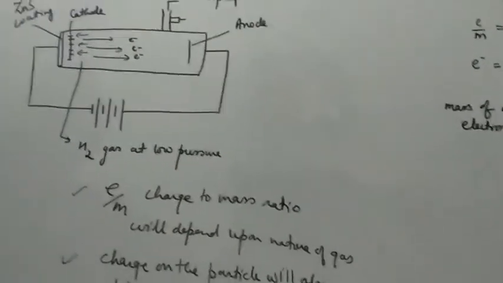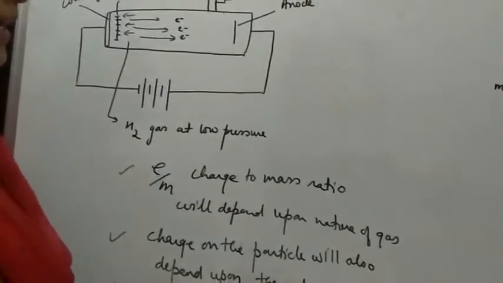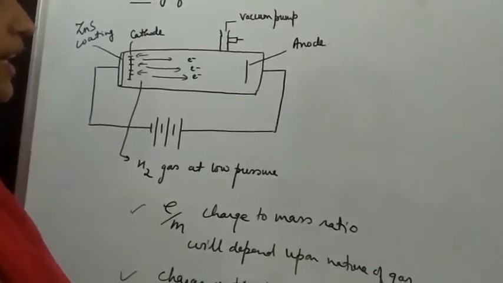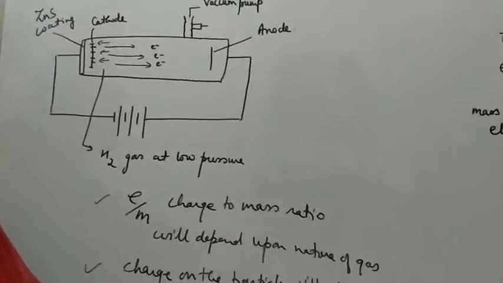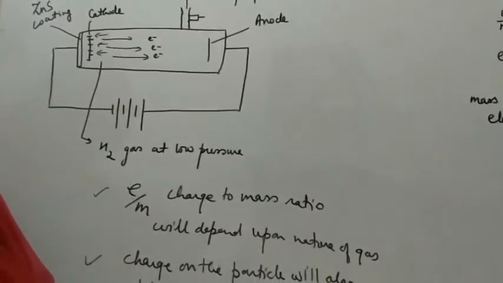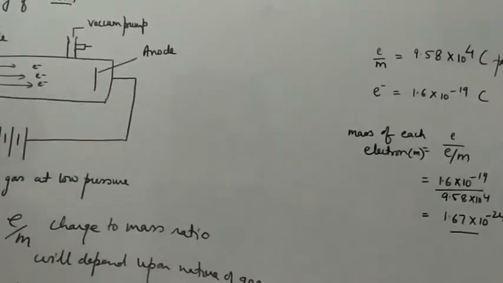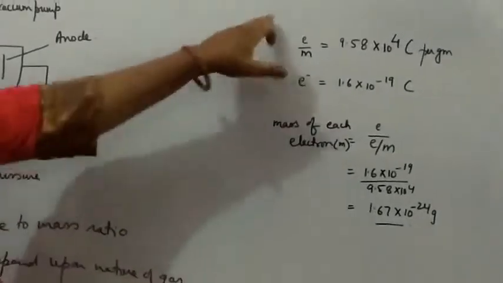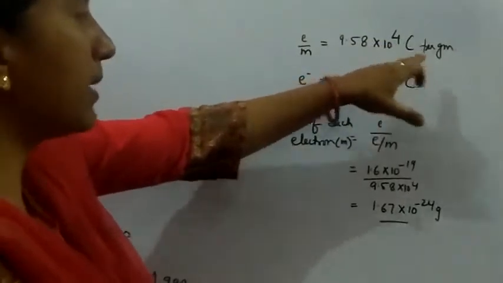Now next, these particles get deflected in an electric field. When the electric field is applied, the particles are attracted toward the negative plate, which shows that they carry a positive charge. They also show deflection in a magnetic field. Now, it was experimentally found, in the same way as the charge to mass ratio was found for the cathode ray, that the e/m ratio is 9.58 × 10^4 coulomb per gram,